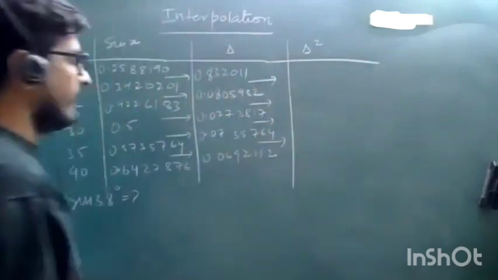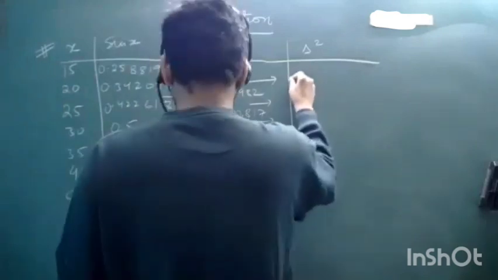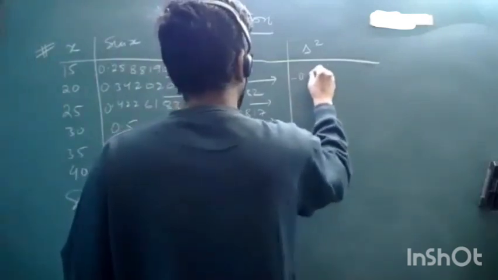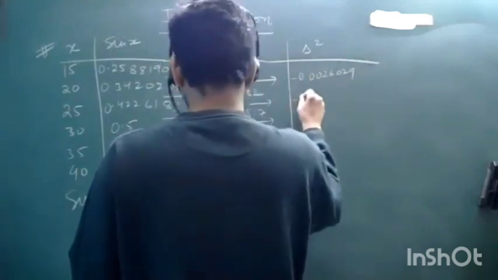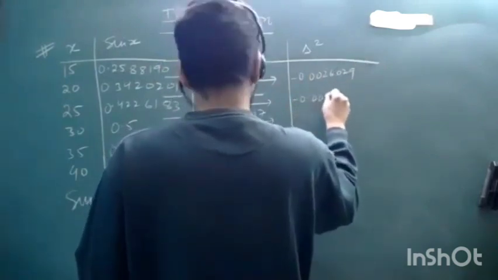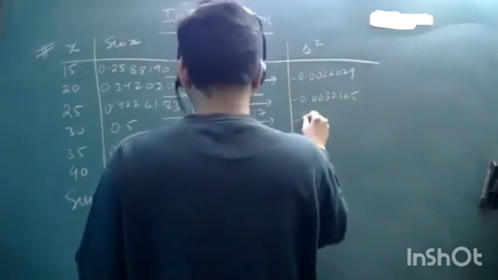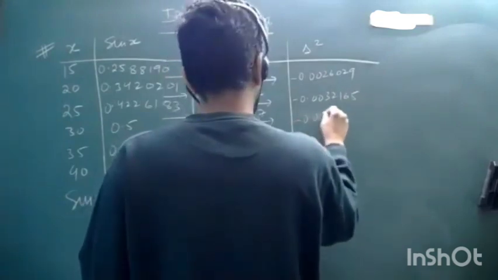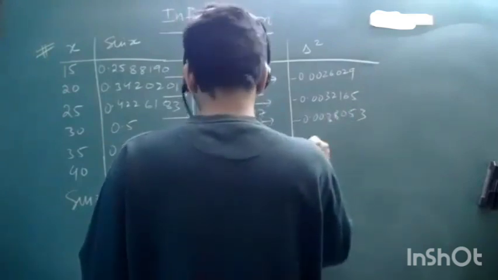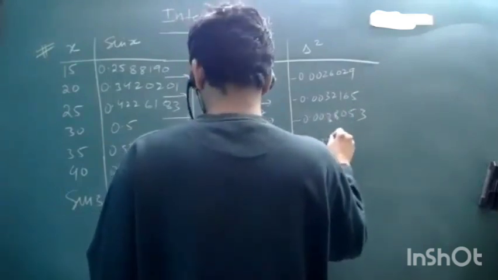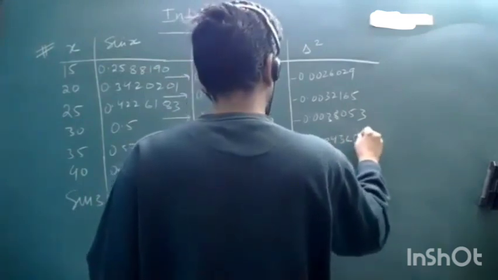So this time 4 values we have to write. So del square will be minus 0.00260029, minus 0.00321165, minus 0.003853 and minus 0.00436652,